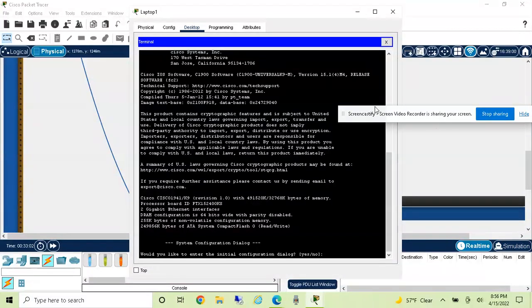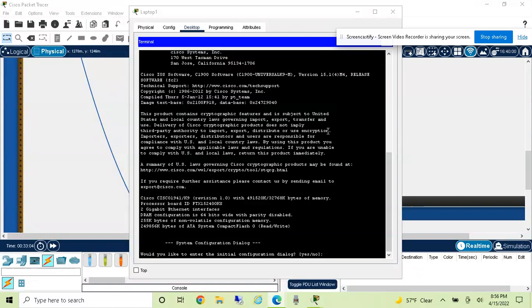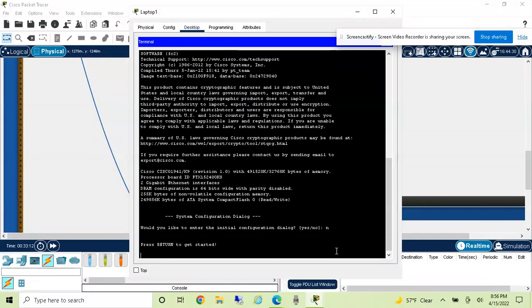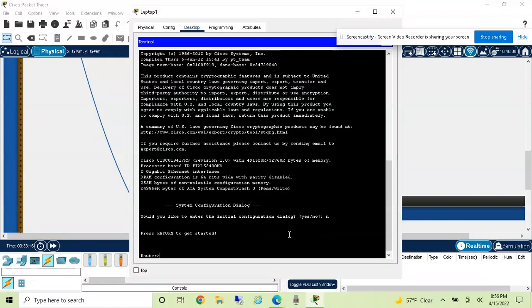So I will move this menu up here. And so, would you like to enter initial configuration dialog? Please say no. You can type N or you can type no. Hit enter. Press return to get started. It means hit enter. Okay, we're in the router. So the router has two interfaces that need to be configured. So enable,